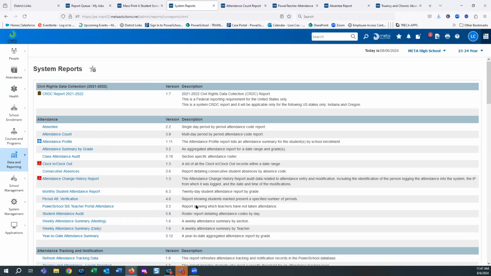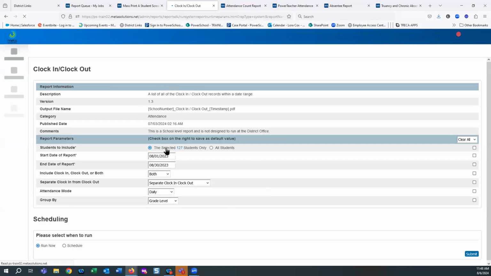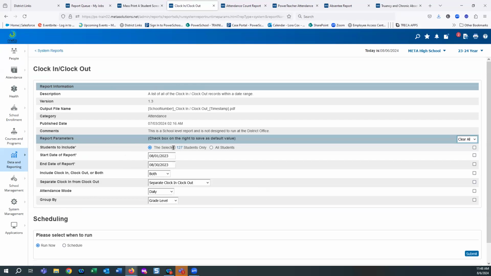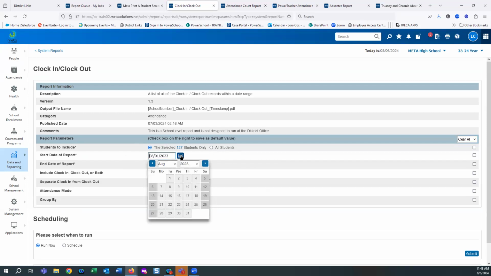A couple of them I want to point out. Please try them. It gives you a brief description. It's not hurting you to try these to find something that may work for you. A couple I want to point out is the clock in and clock out report. It will run for your selection or all students, with a beginning and ending of the report. So I probably want to change this to that